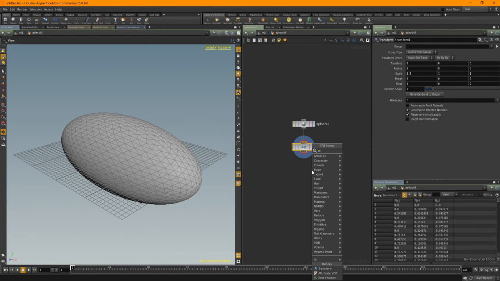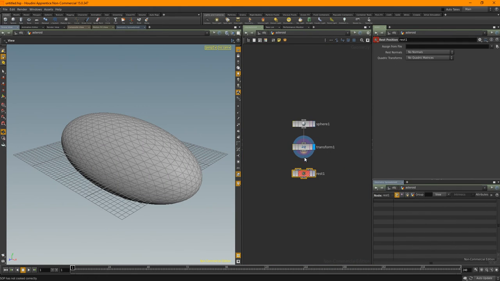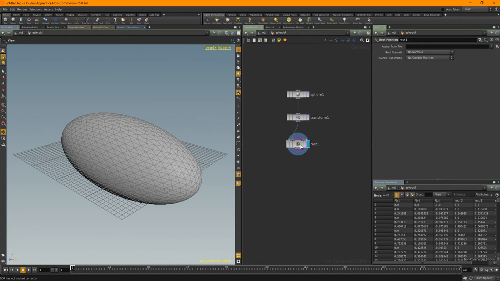Okay, now I'm going to add a rest position SOP, because without a rest SOP we'll be displacing on the point positions, and as this will be animated, the point positions will be changing over time. So you have px, py and pz. These will be changing because it's animating through space. That's not good when you come into displacements, specifically shading displacements, because these values will be changing. What you'll get is a swimming texture effect, or swimming displacements, which we don't really want.